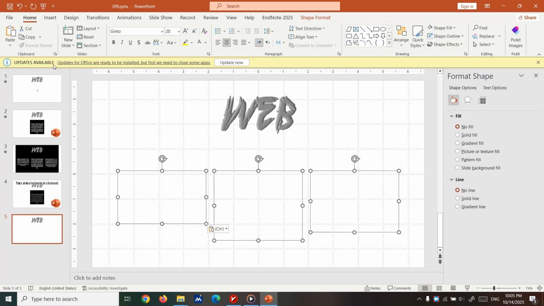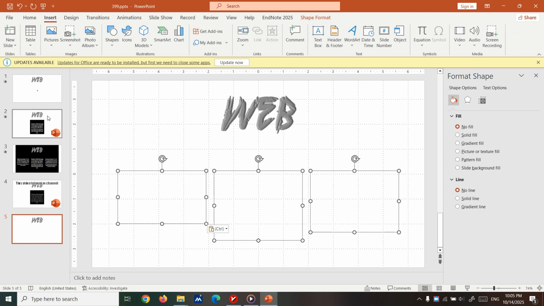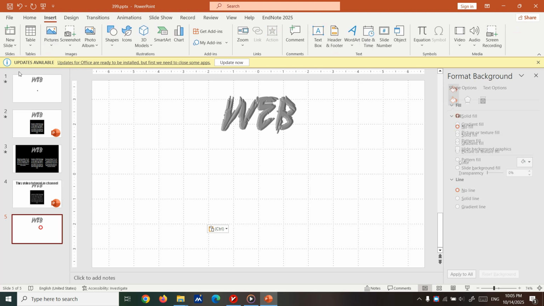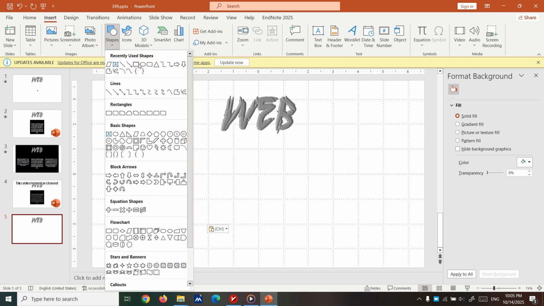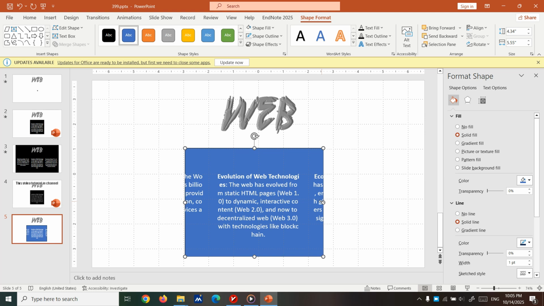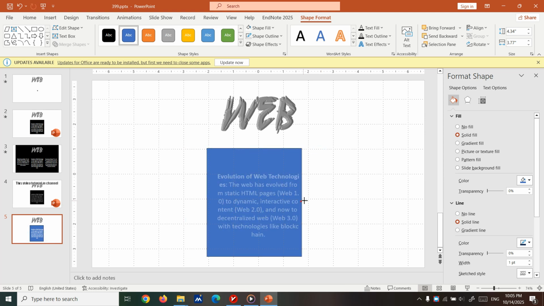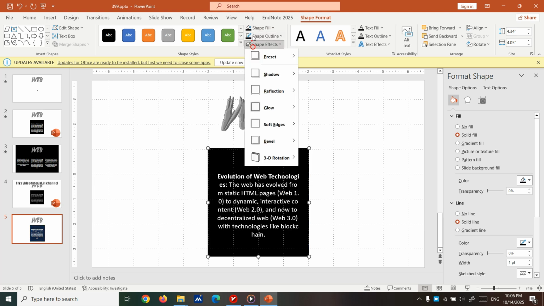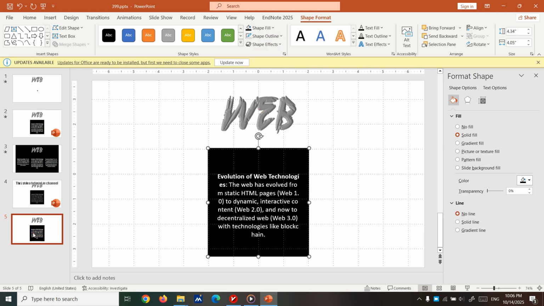And after creating them we are going to use something more special, a rectangle here, and send it to back, reduce its size and align its center. Okay, now I'm going to color this thing purely black with no outline, and copy this